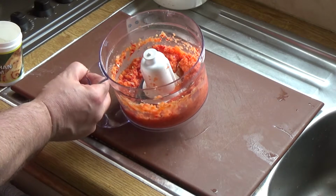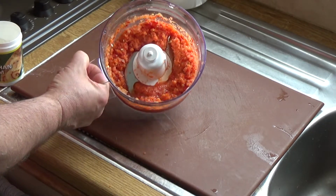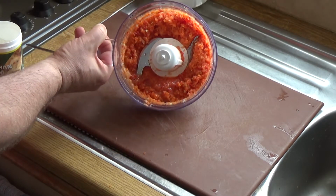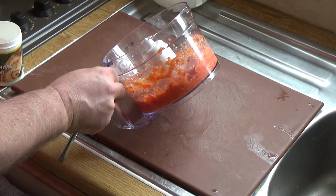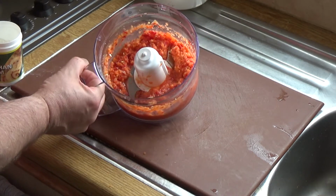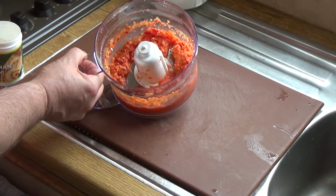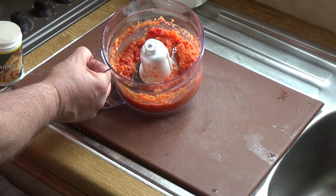Okay, there's the chili sauce. I've given it about 30 seconds at high speed. It's all ground up nicely. You might notice if you let it stand for any time that it starts to separate a little bit and you get a lot of wateriness in it. And some of the bits aren't quite well chopped up. Well, we all know about mixing it back in and giving it another whiz, but if we want to stabilise it,